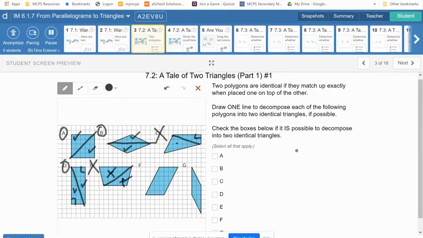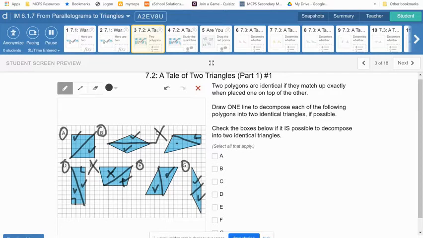For this parallelogram, I'm just going to cut right there. That triangle is congruent to that triangle. That is a match. And in this parallelogram, I'm going to cut from point to point. That triangle is identical as the other one. So let's make our mark. Which shapes, again, when you decompose them and cut them in half from opposite angle to opposite angle, will create